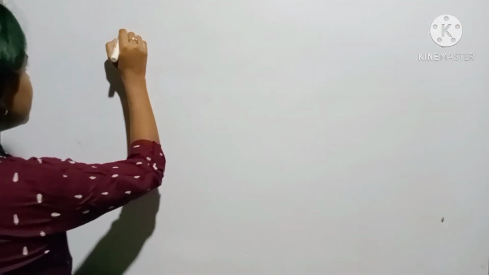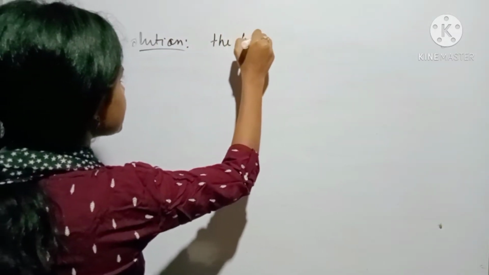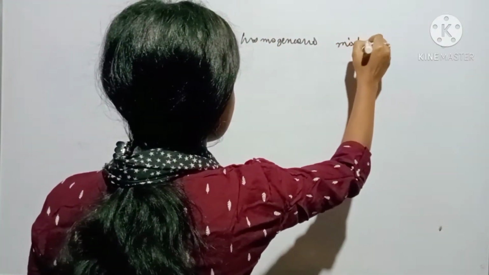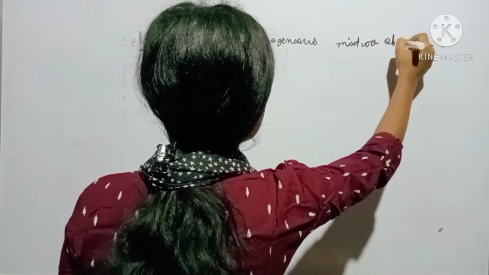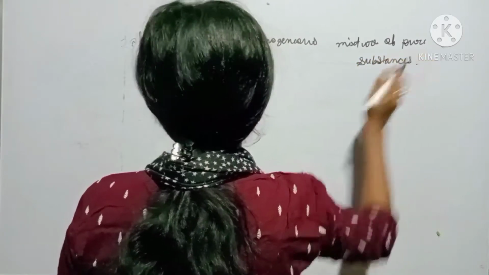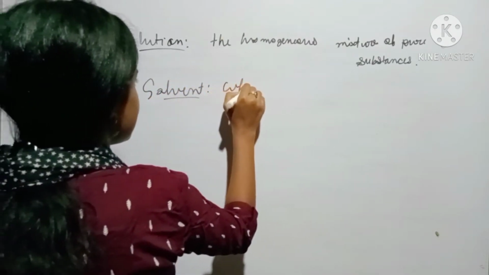Yesterday I uploaded a class where I teach about the solution chapter, and we learned in that video what a solution is, what a solvent is, and what a solute is. If you want to know what a solution is, a solution is a homogeneous mixture of pure substances. And then we learned about the solvent, which is present